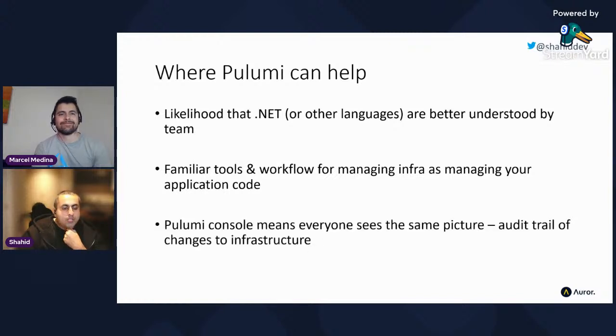And then having that console, so admittedly it's the paid-for feature, but having that console means that everyone can get a shared view of where your infrastructure is at, and also see who's changed and what's been changed. I didn't show it there. I'll show it when I dive into the demos, but it also shows you links to your Git repo as well, so you can see the actual hashes of the Git code that was responsible for that change.